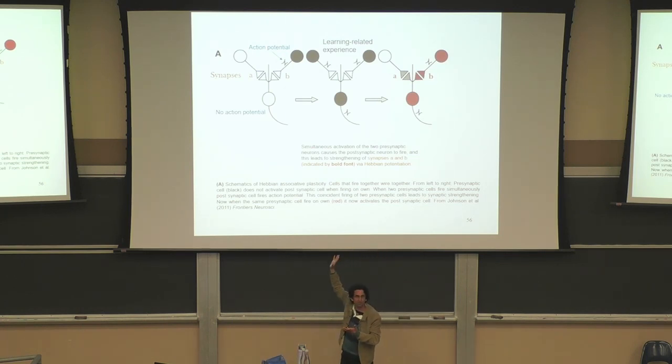And this happens in essentially all sorts of associative learning, when, say, you associate a tone with some food coming, or a light with an electric shock, and things of that nature. This drawing is not about the hippocampus or the amygdala or some specific region. It's just a theoretical circuit that could happen in many different brain regions, including the hippocampus and amygdala. Okay, so this is the Hebbian associative plasticity theoretical framework.